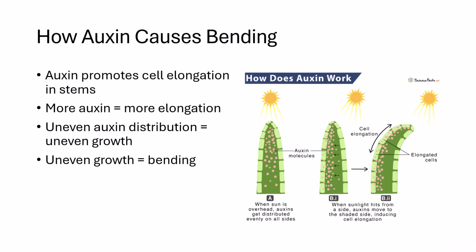Auxin promotes cell elongation in stems. When more auxin is present on one side of a stem than the other, the cells on that side elongate more. This creates uneven growth, and uneven growth causes the stem to bend. This simple idea explains a lot of plant movements, including why shoots bend toward light and reorient themselves after being